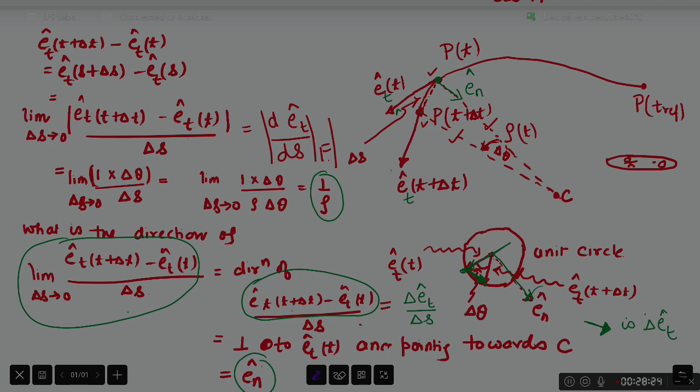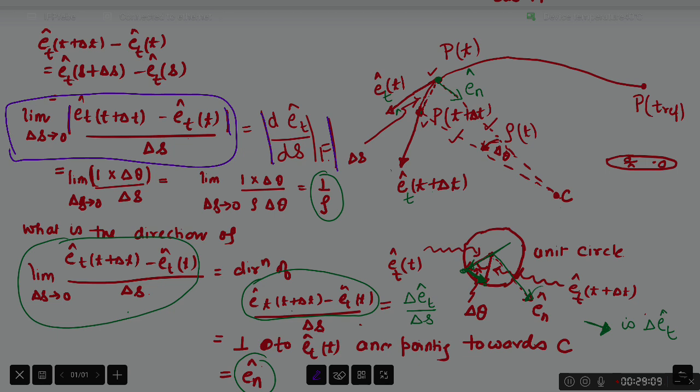So let us first focus on this term. Limiting value when delta s goes to 0, magnitude of the difference between the tangent unit vectors at two time instants divided by delta s. You will realize that this is nothing but the magnitude of this vector det ds with respect to f. It's the magnitude of that vector. So like the kind of arguments I presented 5 minutes ago,